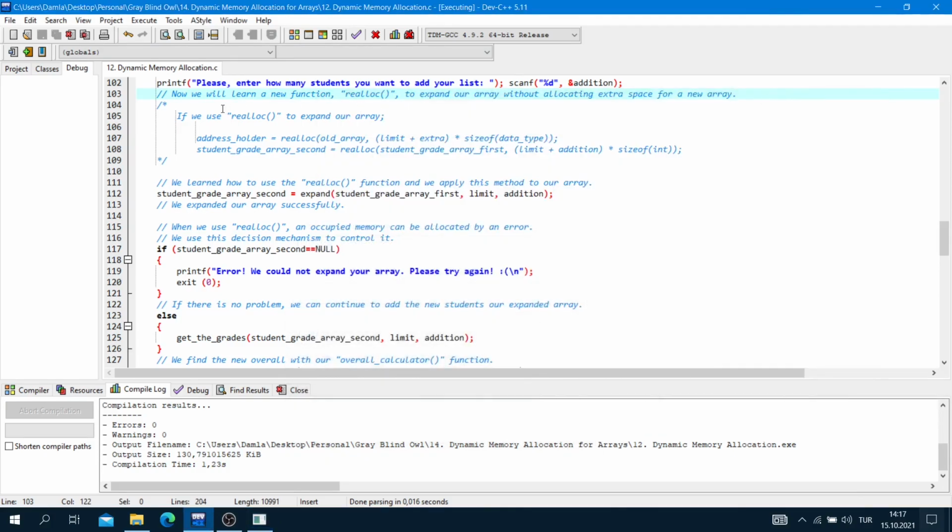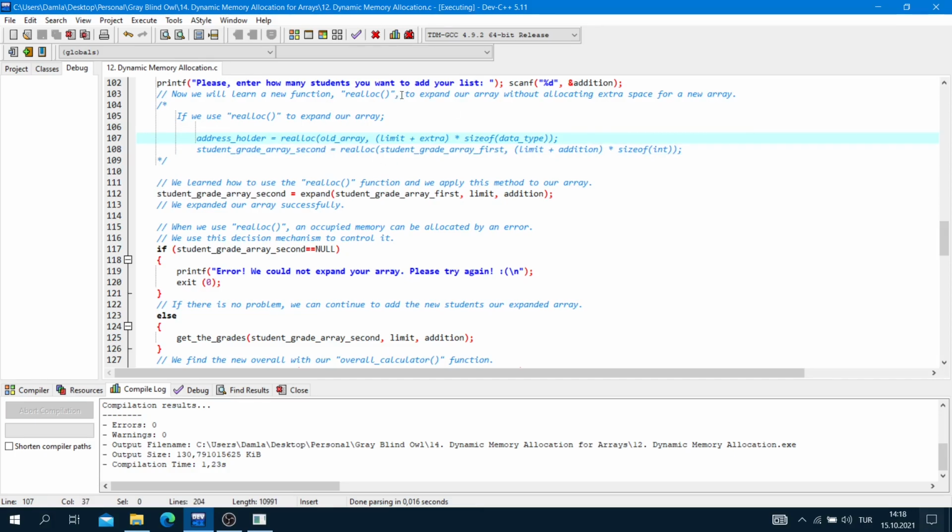Okay, if we use realloc to expand our array, address holder array name is equal to realloc old array. This is our first array. So student grade array first here, like that.